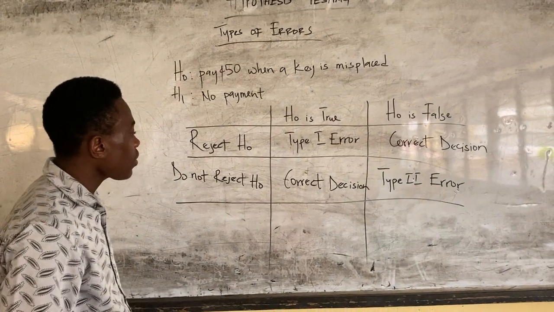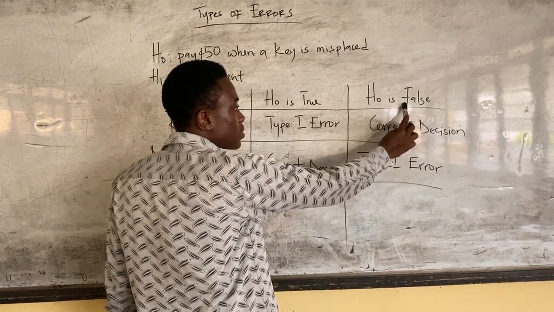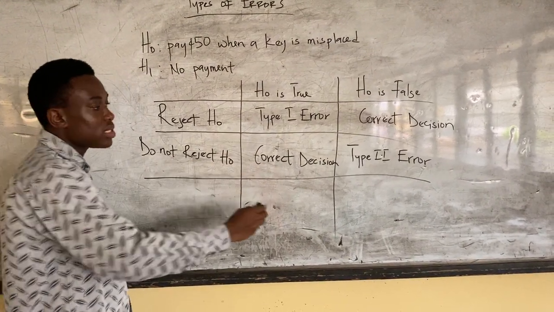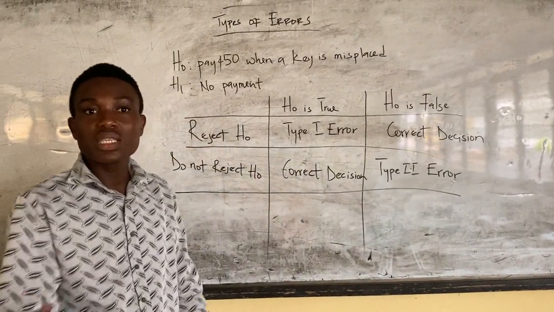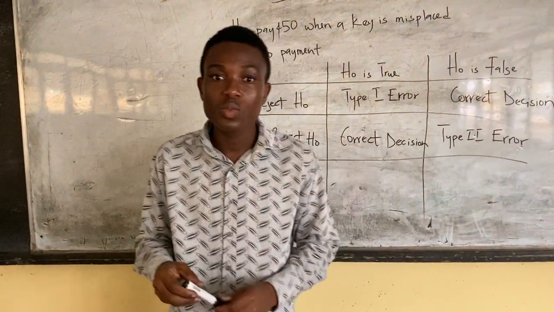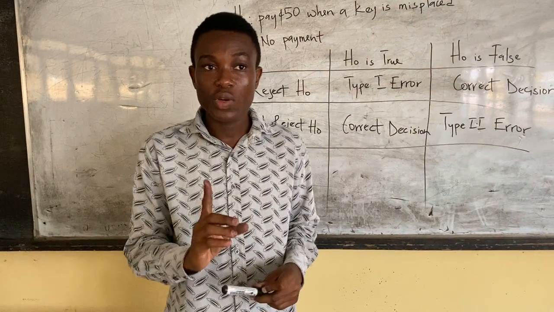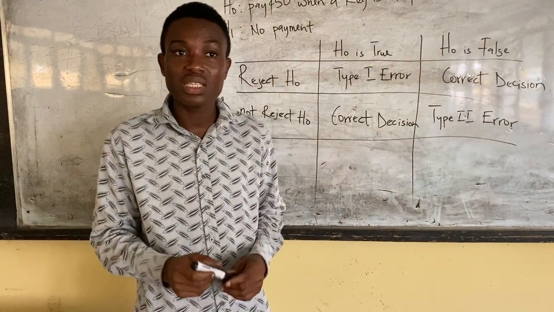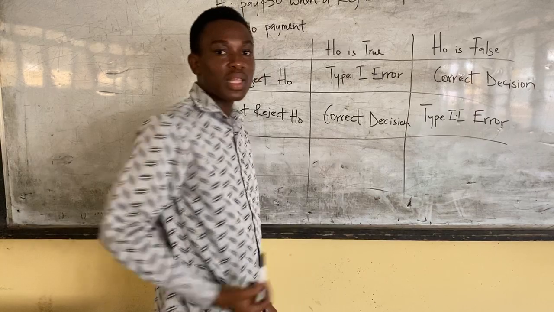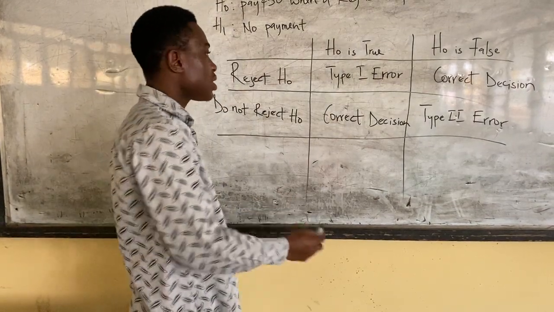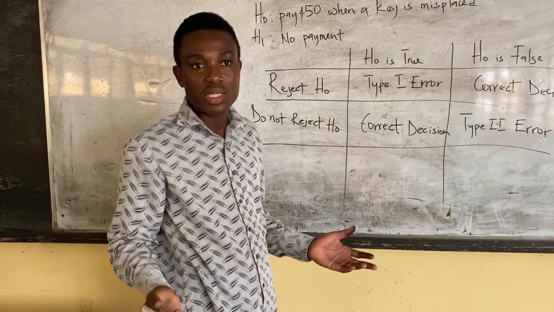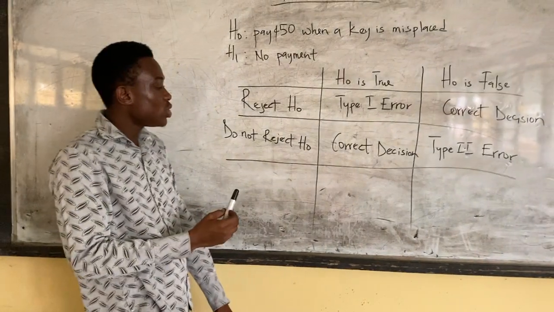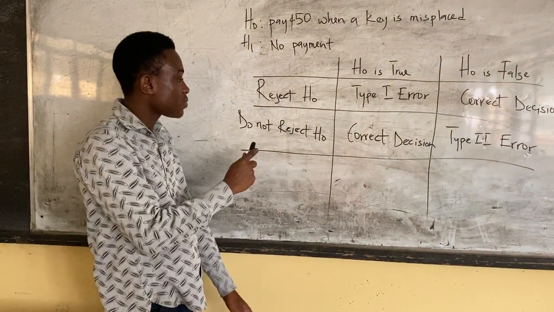But then, if the null hypothesis is false, and then you fail to reject the null hypothesis, you've committed a type 2 error. So in this case, if any of the residents of a room does not misplace his or her key, and this person is made to pay that sum of 50 cedis, then the type 2 error has been committed. Because you realize that the null hypothesis is false, which means the key was not misplaced. But then, instead of accepting that the key was not misplaced, we decided to not accept,